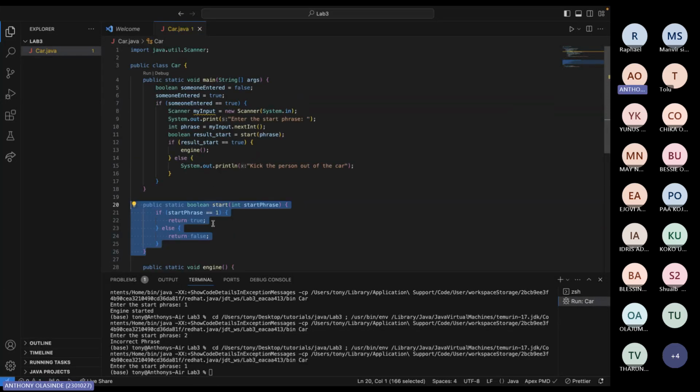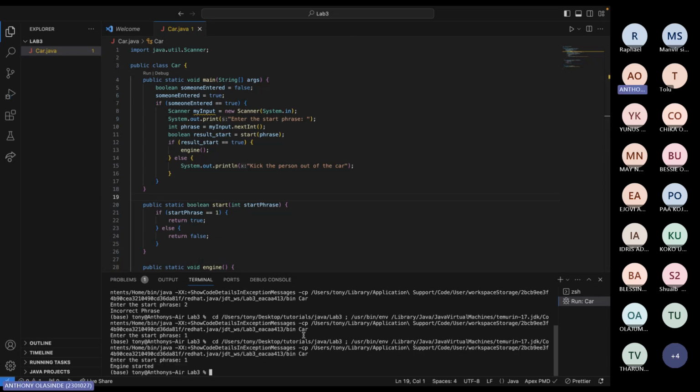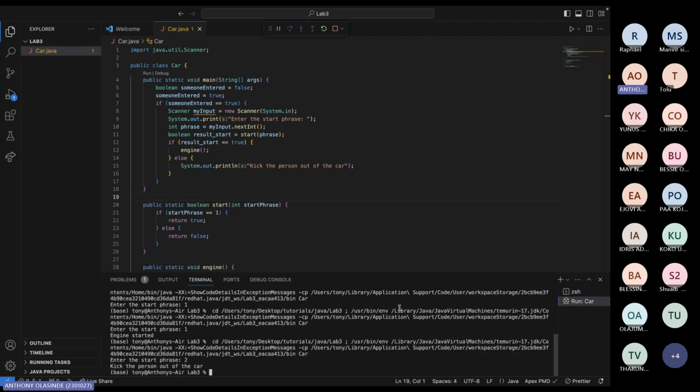So you can have different departments. Different departments means different methods. I hope that makes sense now. So if I play these and put 1, my engine should start. If I play it and put 2, should kick me out. So kick the person out of the car. So that's method in